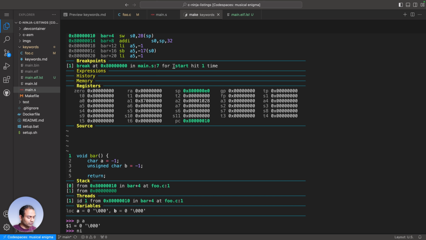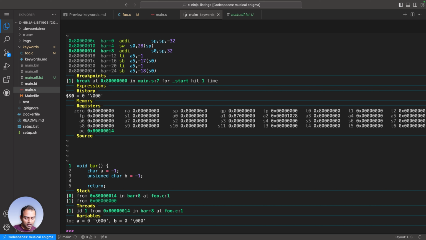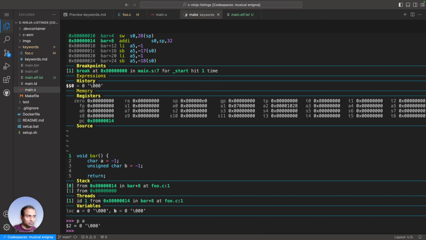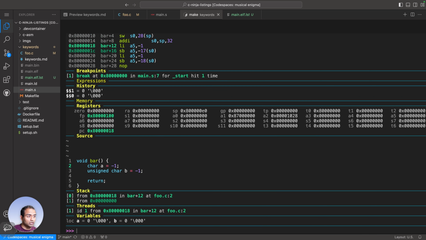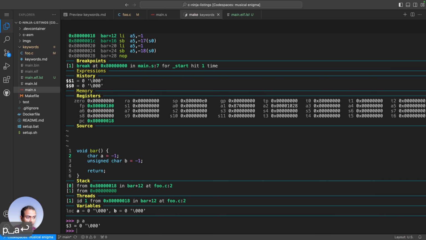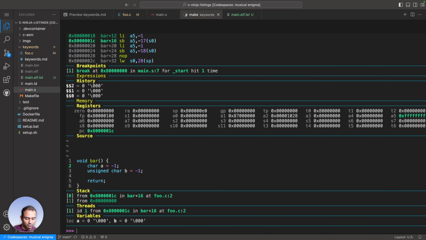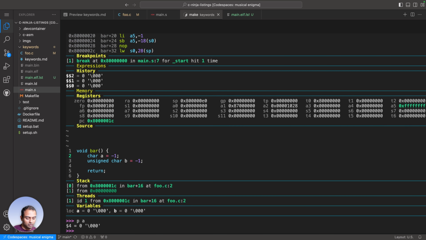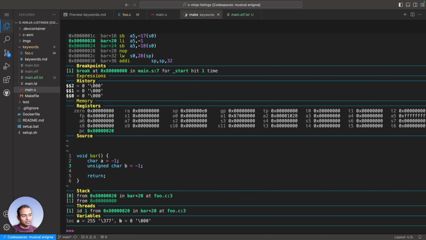I zoomed out a little bit. So I do NI again. Oh, wait. NI again. Right. And then I print a. Value of a is this. NI again. Okay. Print value of a. Value of a is 0, which is bizarre. Press NI again. Value of a. NI again. Nice. So now if you notice, finally, the value of a is shown as